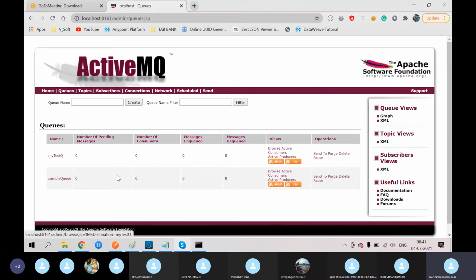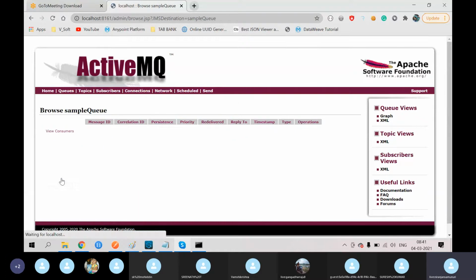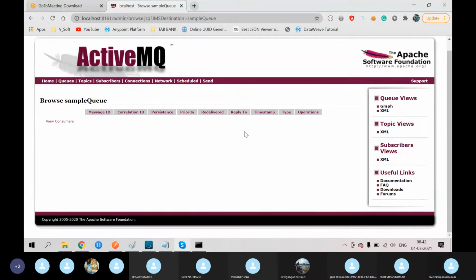I can publish my message to the queue, or I can create my data in the queue directly. I can open this queue and see some operations.